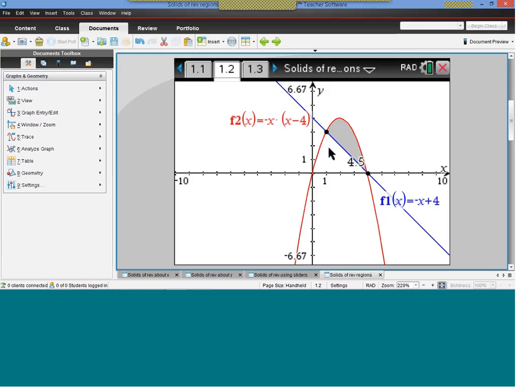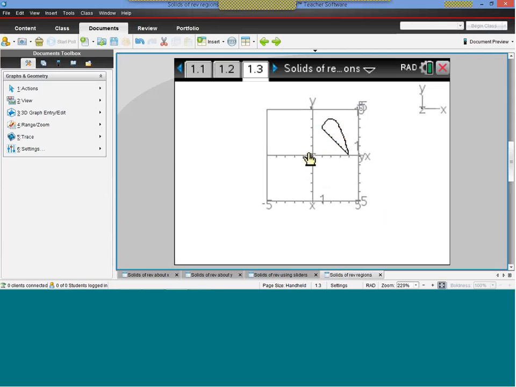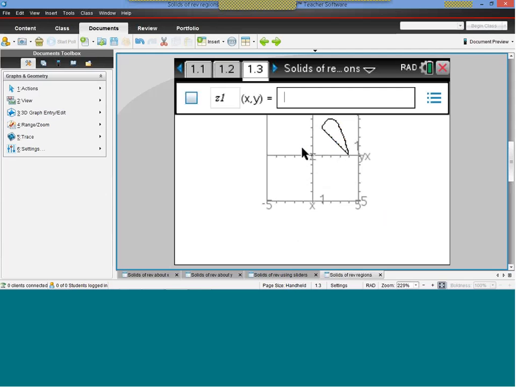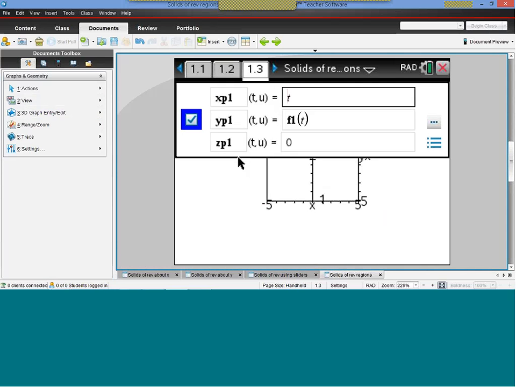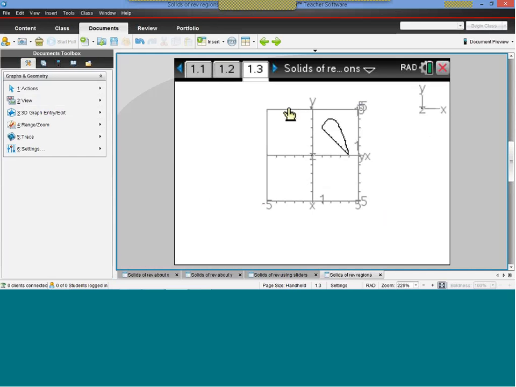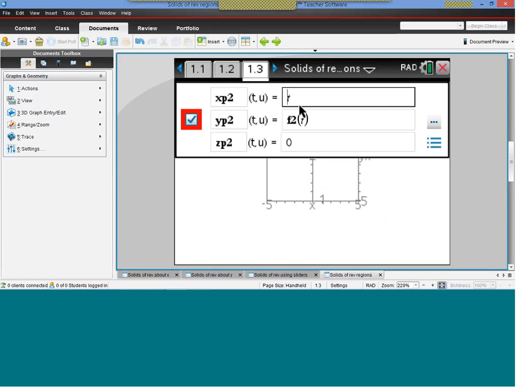So we've got x equals 1 and x equals 4 there, and go to the graph, enter both of them. So you can see here that in the parametric view, the first parametric function is f1 of x, which was our curve, and the second one looks exactly the same because the functions are all defined in the 2D graphics view, and I'll just go back to that again because you will see what I was talking about when I go to the